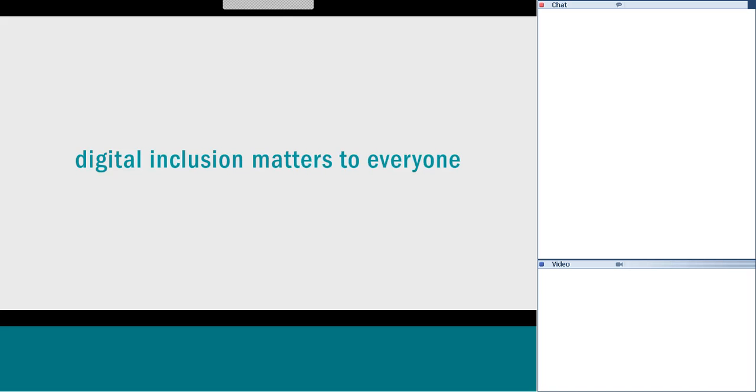So essentially, you're going to be less fulfilled. So it's very important for society, and also you're not going to contribute. You're more likely to be taking money from society in benefits as opposed to contributing to society. So it's very important for everyone, because everyone counts, that digital inclusion is a major consideration.